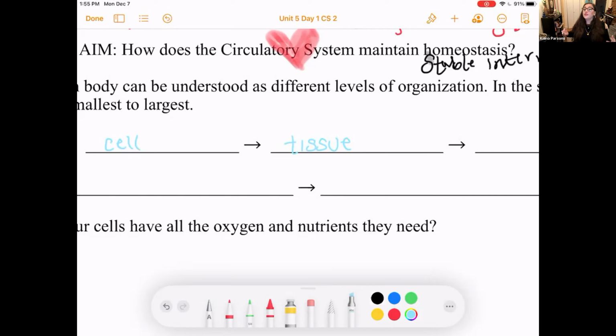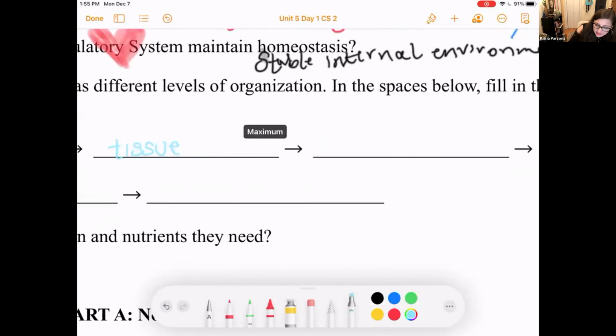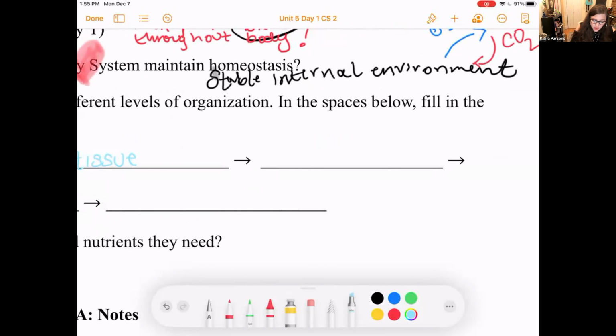So for example, we have tissues in our heart, we have tissues in our brain like gray matter, we have tissues in our mouths, the cells in our mouths, a collection. My lip, that's tissue. So tissue is just a collection of cells performing a function together. However, they're not as organized as the next level of organization, where several tissues might gather together. For example, in the brain, white matter and gray matter gather together to form the organ